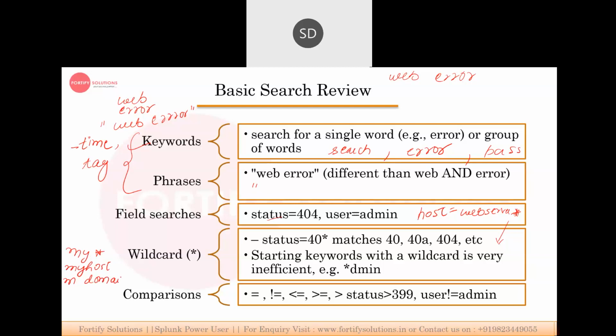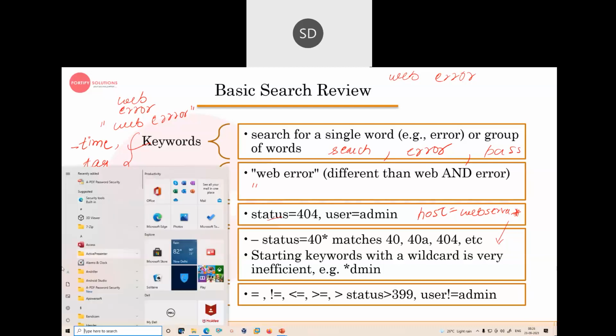So my star means whatever word is next to my, it will start fetching the data. If you specify the asterisk with no other criteria, it will search for any match. The best example I'll give you here.